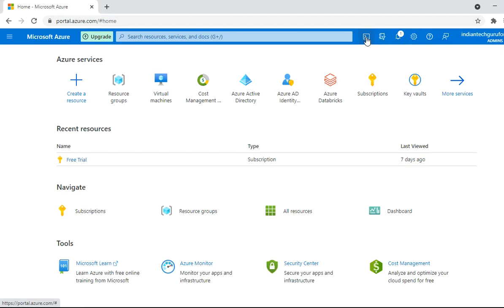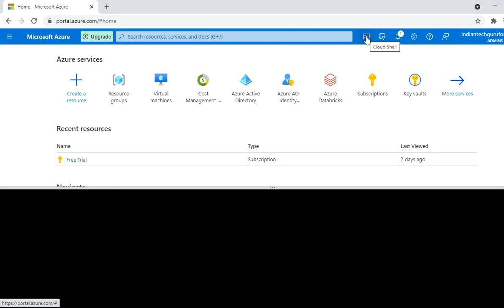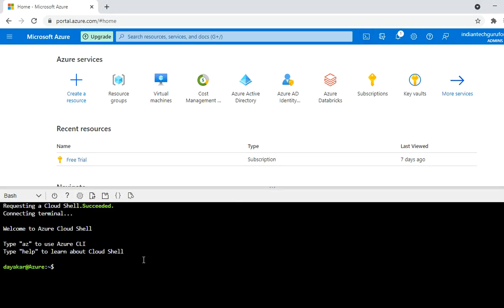This is the Cloud Shell icon. Just click on the Cloud Shell icon. Then a new window will be created, which is going to show you the bash shell command prompt window. Okay, we got the bash shell command prompt window.